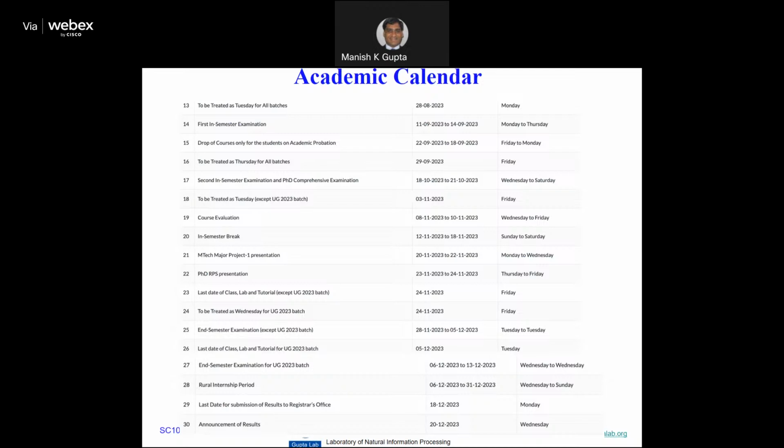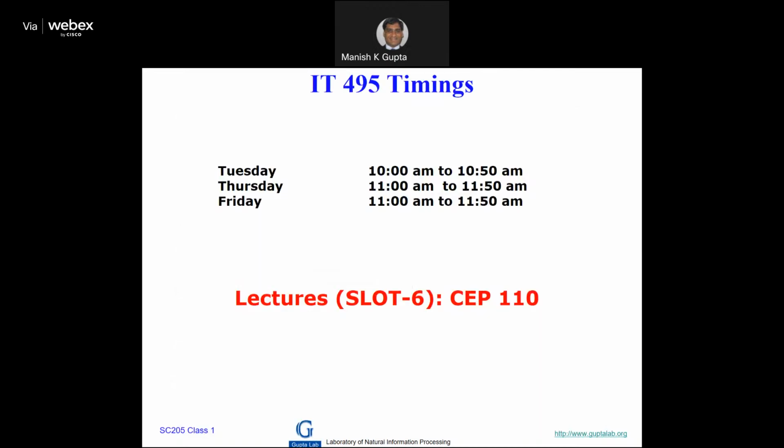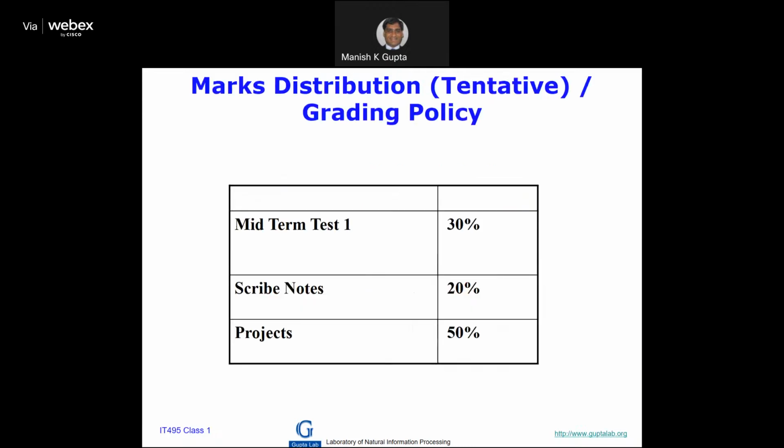Okay, so timings, right? 10, 11, 11. Yeah, so the grading policy is 30%, 20%, 50%. I have kept it to project, so obviously project has more component. And remember, it's always tentative, because I may optimize it towards the end, depending upon the response from you, right? Slightly. If you're doing good here, in fact, I will encourage that you should focus here more.